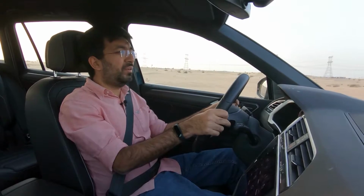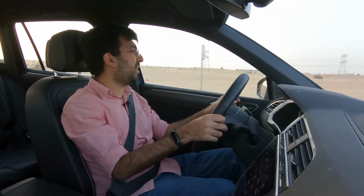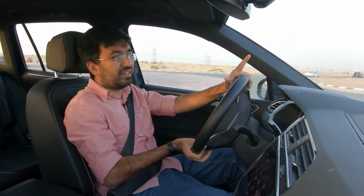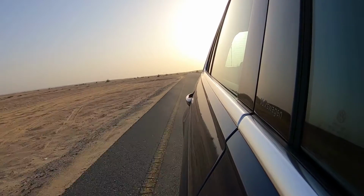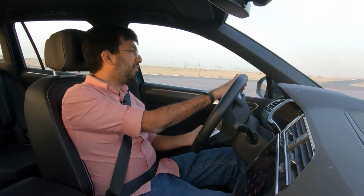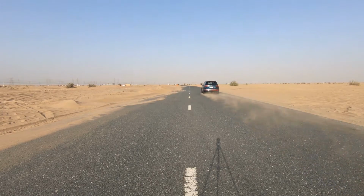The engine, though, is a very smooth powerhouse, but sometimes in that mid-rev range it feels a little lacking. Like if you want to, let's say, accelerate, then yeah, it takes a little while in that mid-range to pick up from that point, but otherwise it's a very smooth operating unit in the whole sense. And when you club it with the gearbox, the 7-speed gearbox is pretty smooth. Like you don't feel the need for that extra bit of gear or anything, and it's always smooth, and the